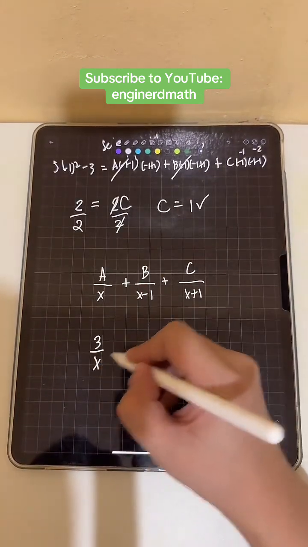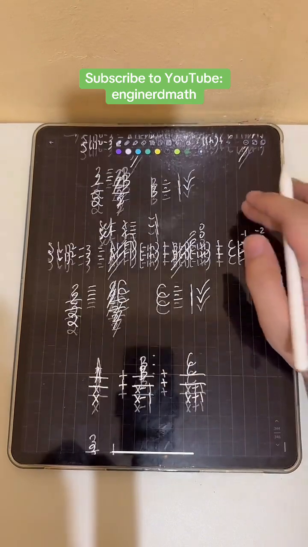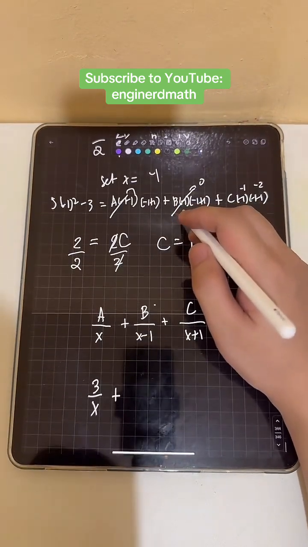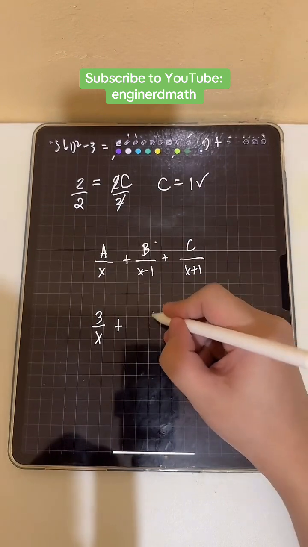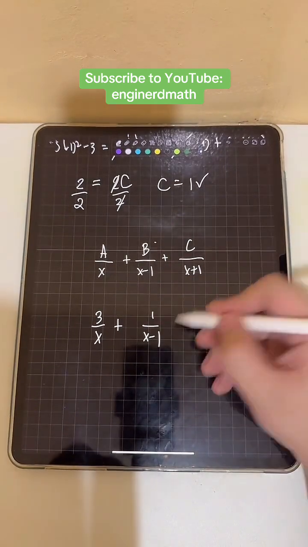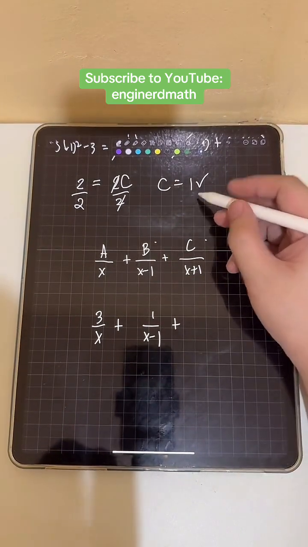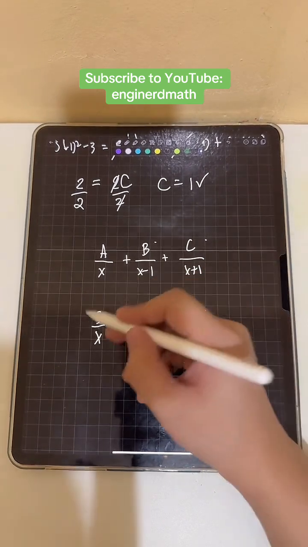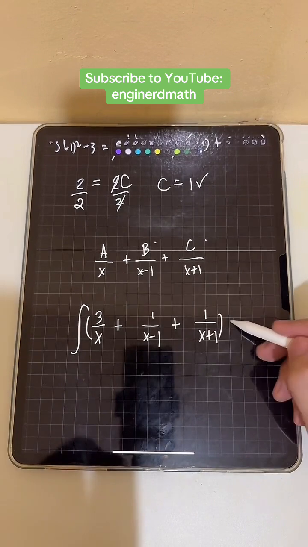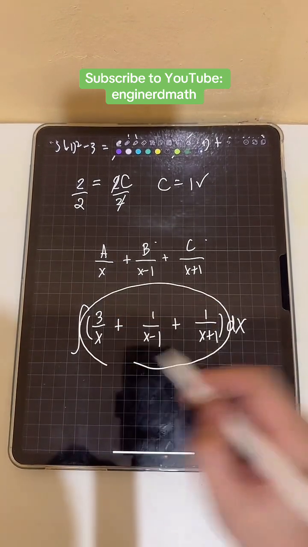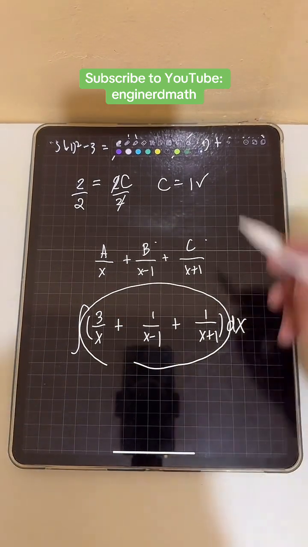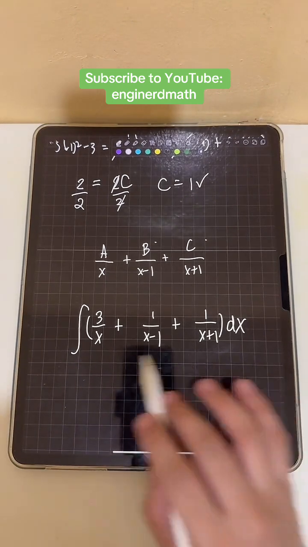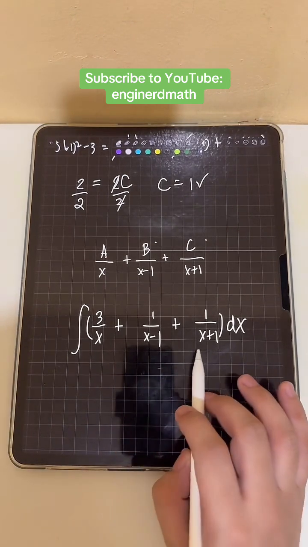So 3 over x plus b, we have positive 1, 1 over x minus 1 plus c, we also have 1. So we have 1 over x plus 1. And then these are now the terms that we will integrate,